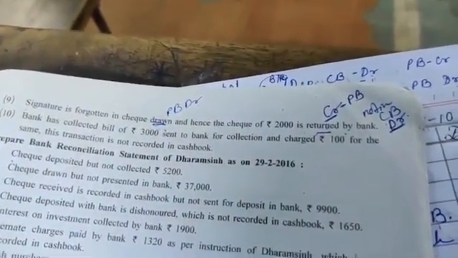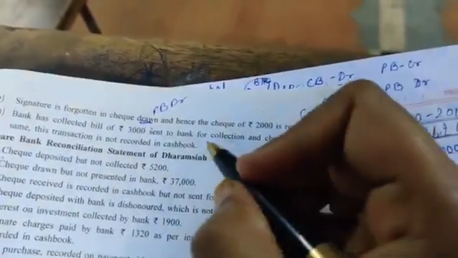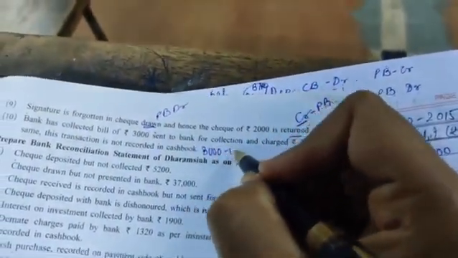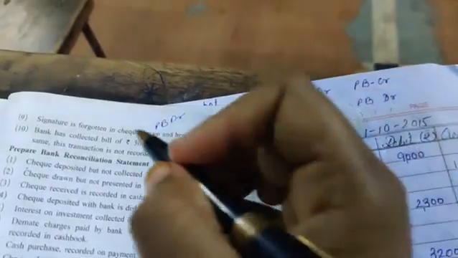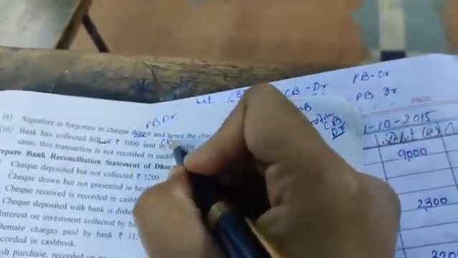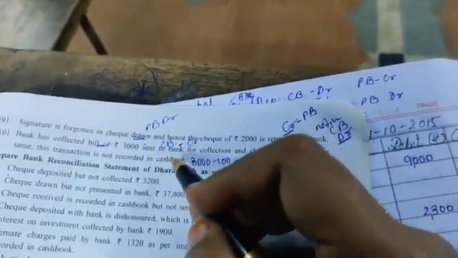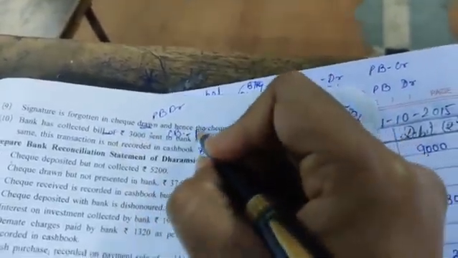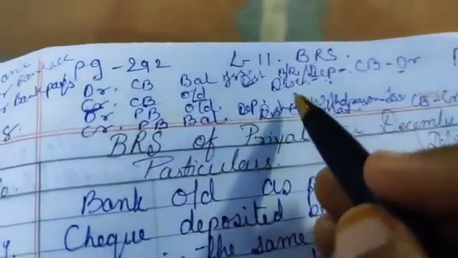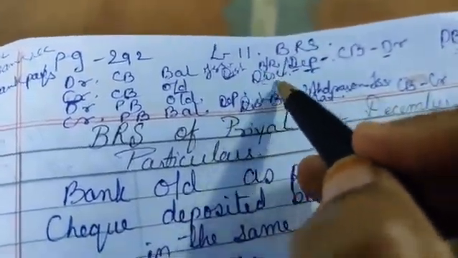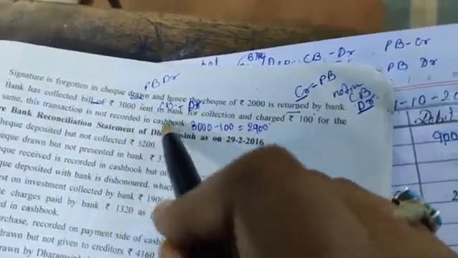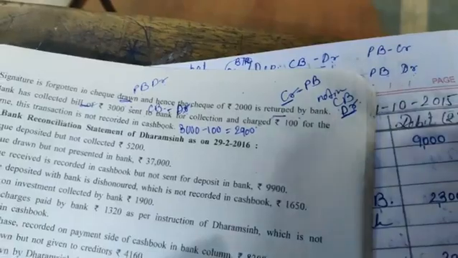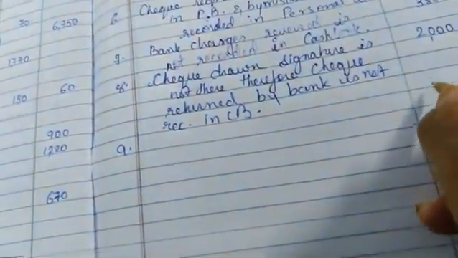100 for the same. This transaction is not recorded in the cash book. So see, first of all charges are there, so 3000 minus 100, the entry will be for 2900. And the bill is sent for collection, so in the cash book it is credited. Sorry, it is debited. This rule is the same. See, deposited and discounted, in the cash book it is debited. Fine. So for this entry it will be debited, and this is not recorded in the cash book, so in the cash book this is to be debited. Fine. So here 2900 we will write down on the debit side,